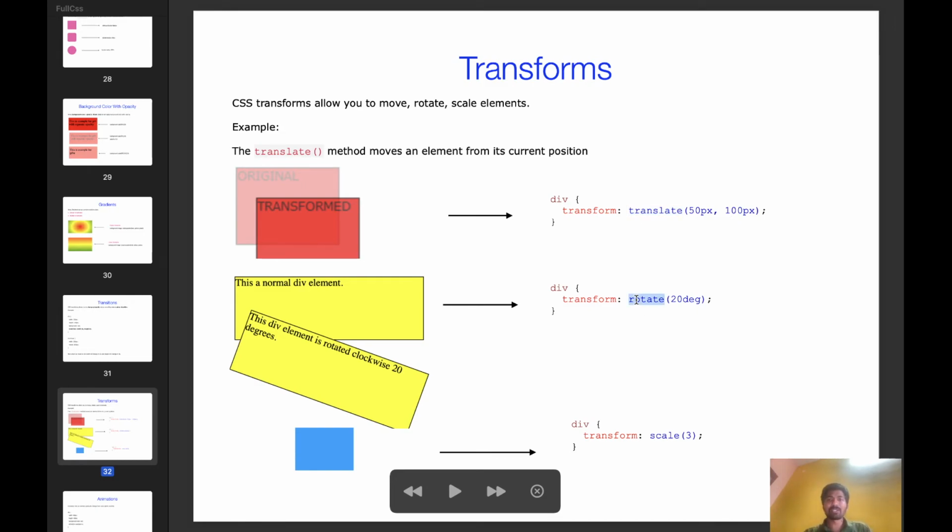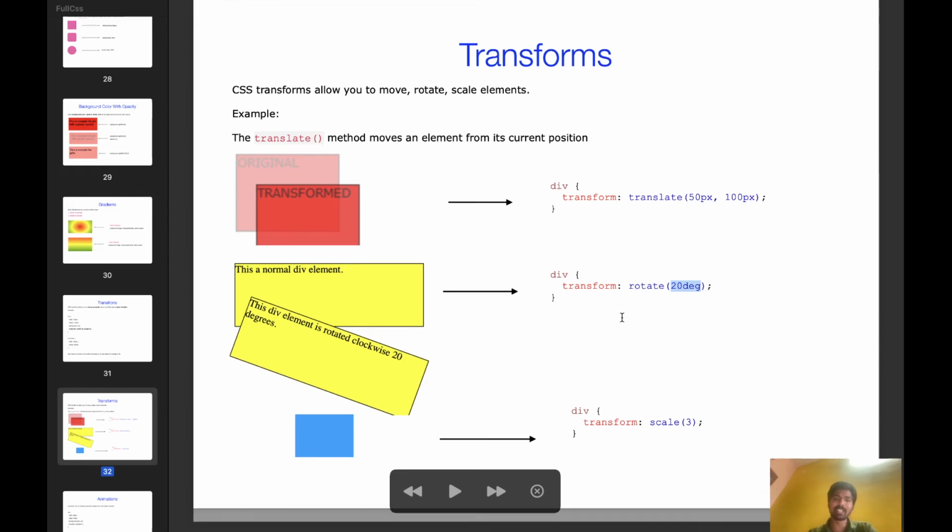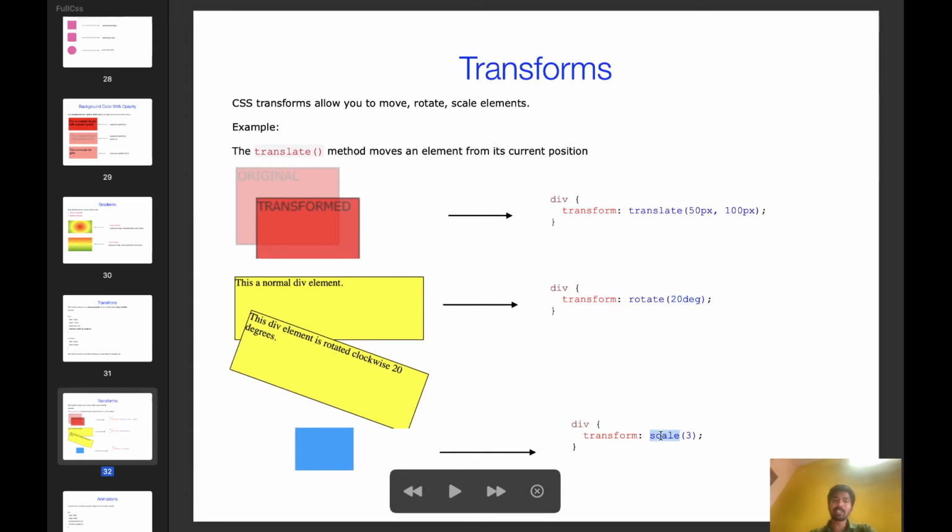Similarly, rotate: I want to rotate it 20 degrees or 50 degrees, and from 0 to 360 degrees you can rotate any element. Scale means you can increase the size. Let's say 100 by 100 is there; scale of 3 means 300 by 300 will come. You can check these examples one by one after this. Translate is for moving the element, rotate is for rotating the element, and scale is for expanding the element.